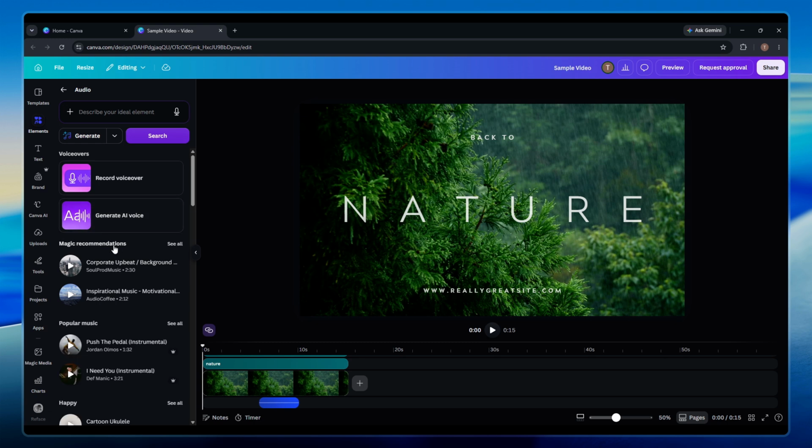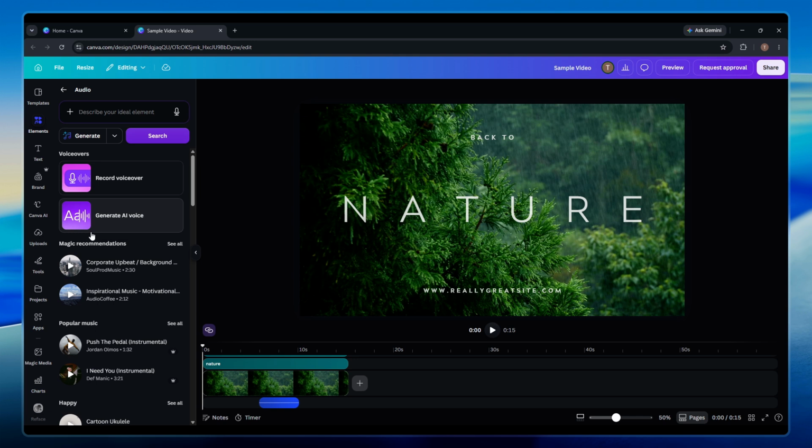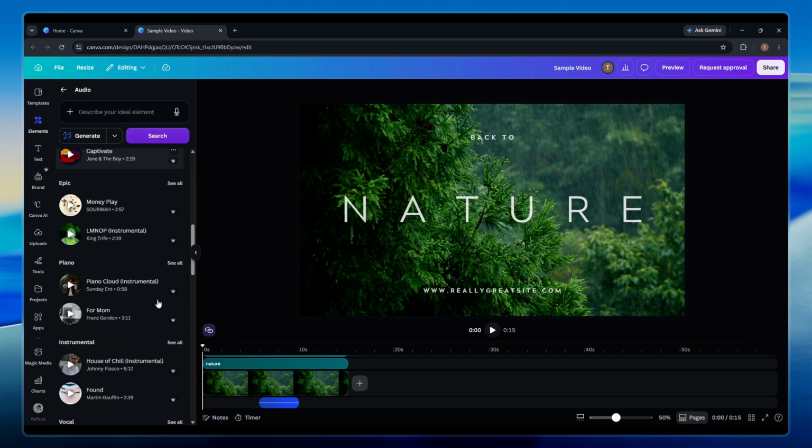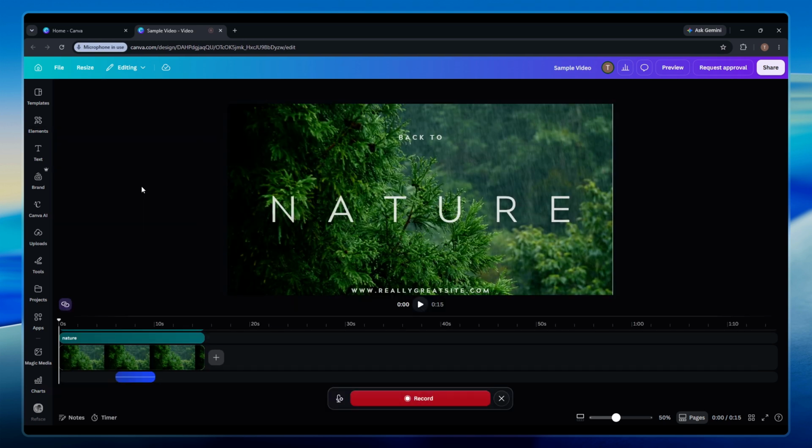This opens up Canva's complete audio library, giving you access to various sound options, including music tracks and, importantly, the voiceover recording feature we need for this tutorial. Now, look for the option that says Record Voiceover and click on it. This launches Canva's built-in recording interface, which allows you to capture audio directly within the platform without needing any external